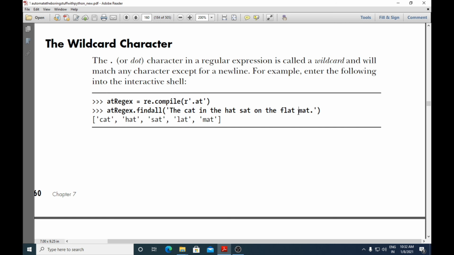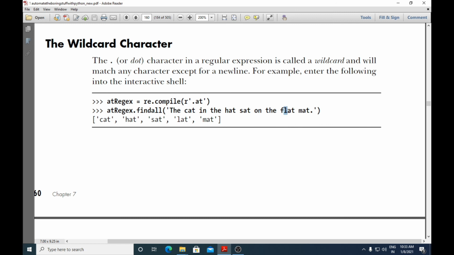Which one is the last one? Mat. So all that comes in the output: cat, hat, sat, but instead of flat, only lat will come. As I said, the dot character will match only one character before at. The one character it has matched is l.